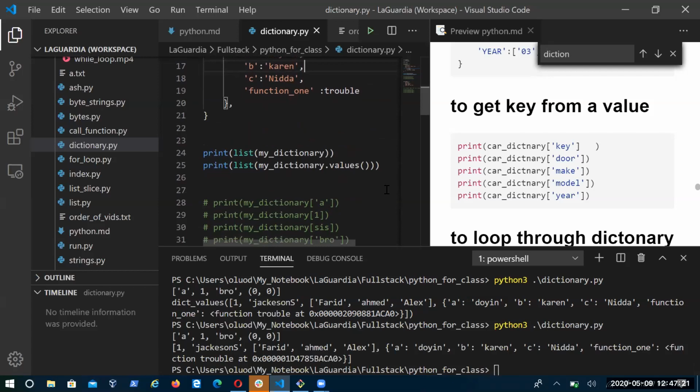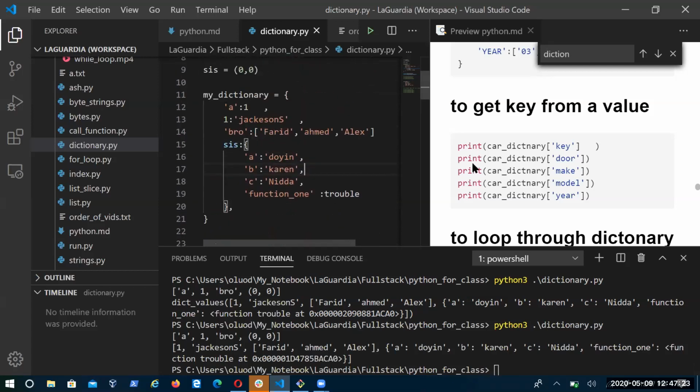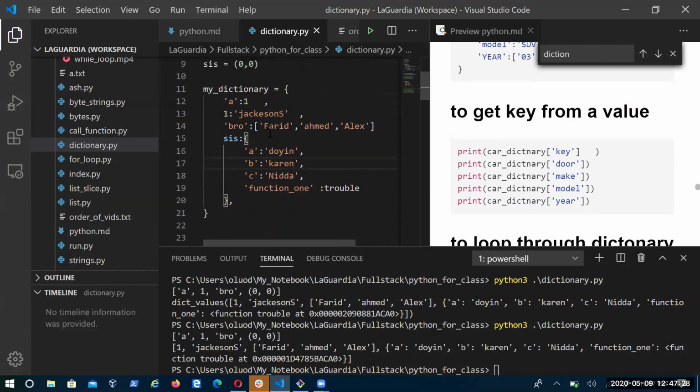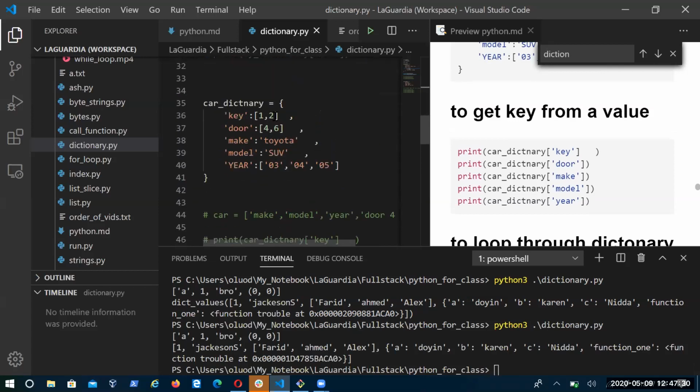So there we go. Now what I want you to do before we go into looping through dictionaries is create 5 dictionaries. They could be as colorful as this, or just as simple as this one. I want you to create 5 dictionaries, and set them alone or set them to